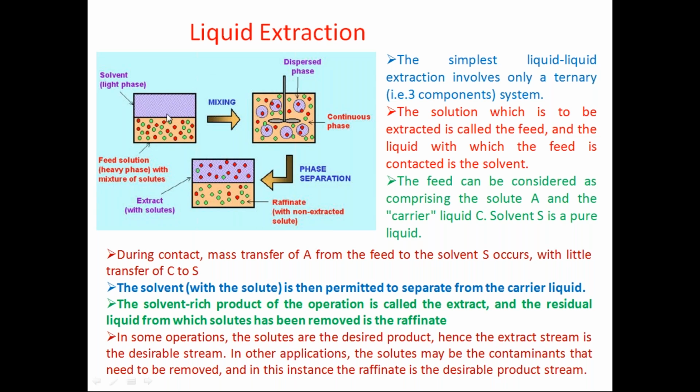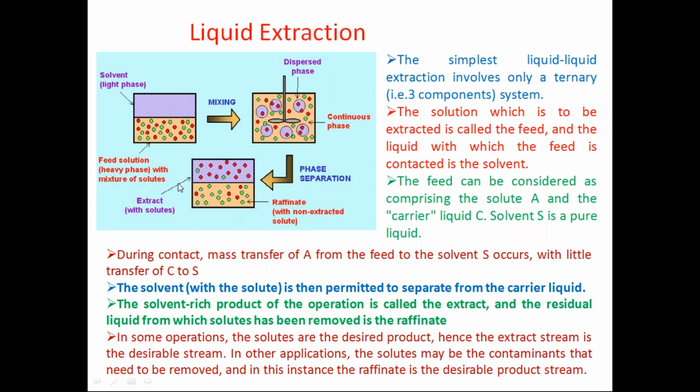So the inputs are feed and solvent, and the outputs are extract and raffinate. But you should use two different unit operations: one is the mixer and another is the settler. So the mixer and settler together make a single unit operation and a single stage, where only a certain separation of the